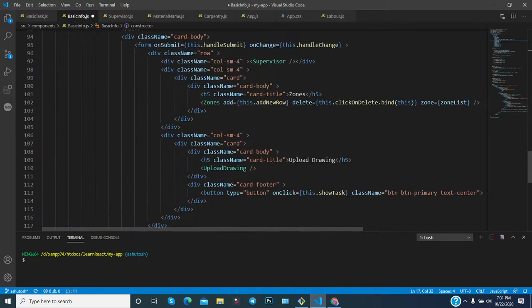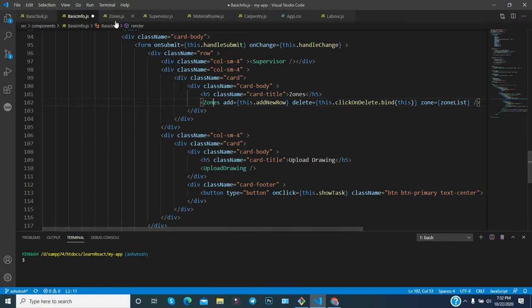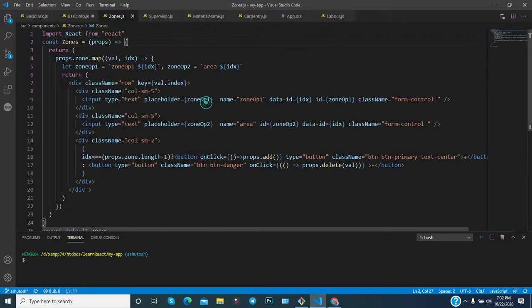Now let's go to that particular component to understand in a better way. I have opened that particular component, and in this particular component, as you can see, this is the functional component we have utilized. This is the arrow method. This is the functional component. Why? Because there is not a lot of logic here, so we can use the functional component, no issue on that.